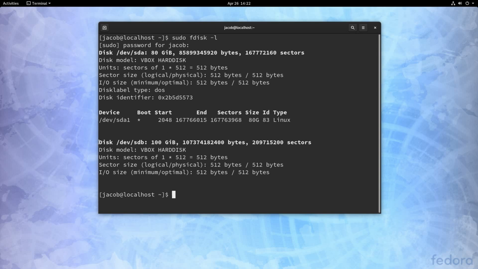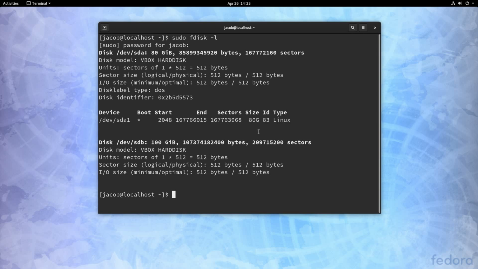Now down here, we've got disk /dev/sdb, and this is our extra drive. It's 100 gigabytes, and we are going to be partitioning this up today, mounting it so that we can use it and that kind of thing. So pretend that /dev/sdb here is an external hard drive. You needed more space, so you went out and bought an external drive, and we need to partition that now.